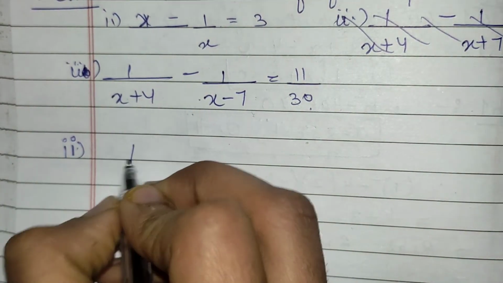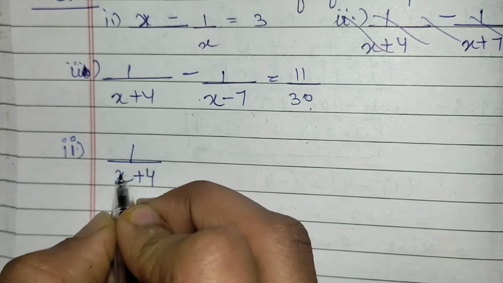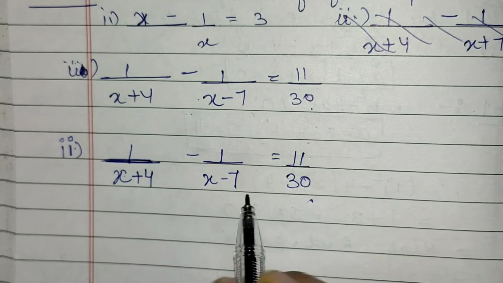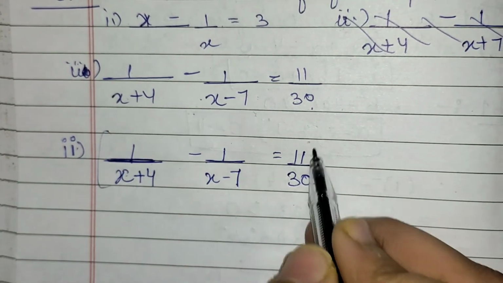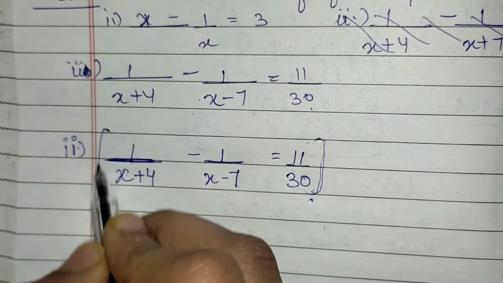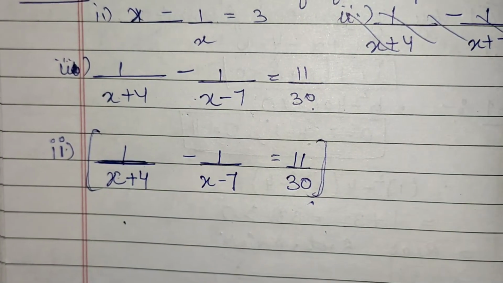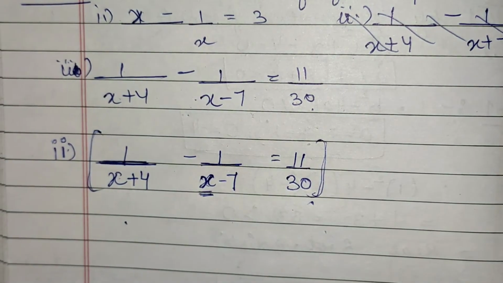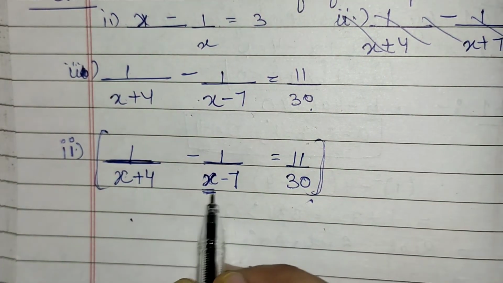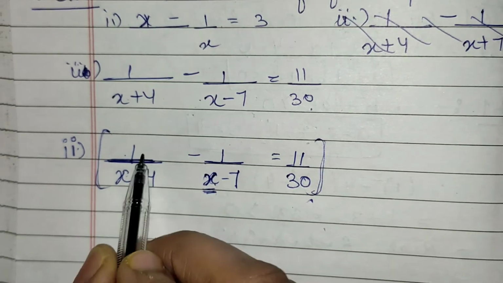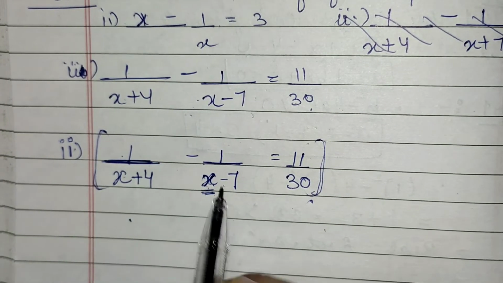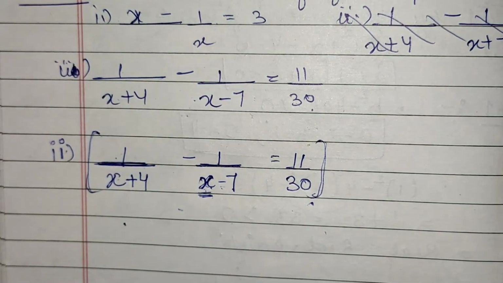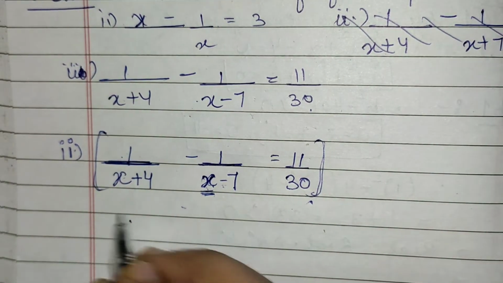Okay, so these types of questions we have also solved in the examples. The most different part about these questions is what? That by seeing these questions you will think that these are not a type of quadratic equation, because the highest degree of x is not 2. Okay, but when you simplify your equation, then you will be able to know whether these are a type of quadratic or not. Okay, so let us simplify these equations.